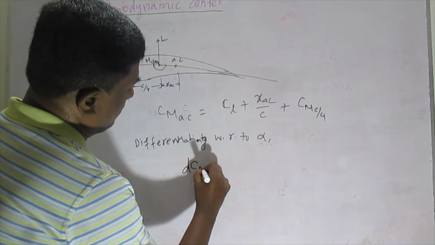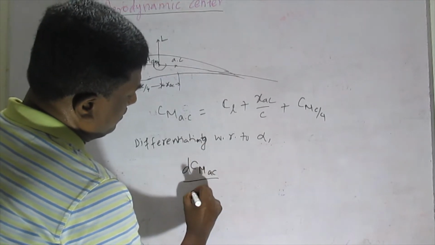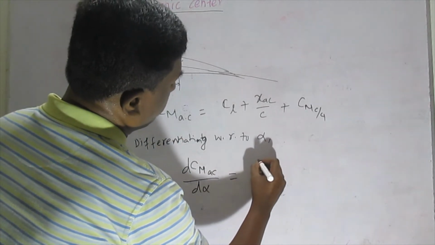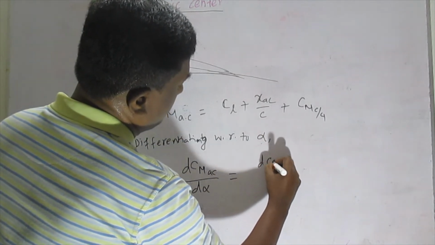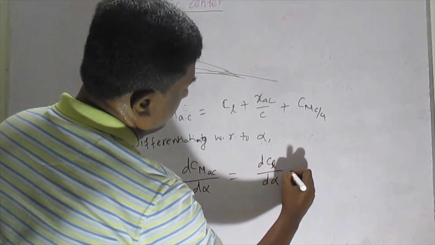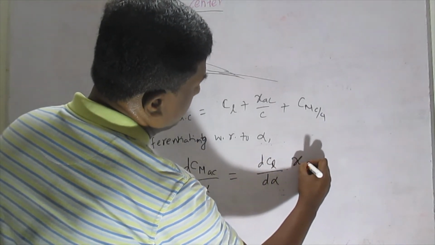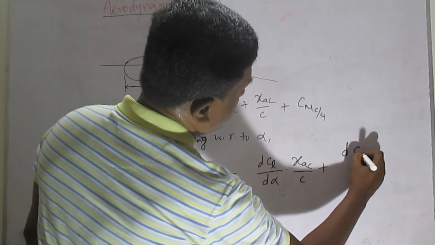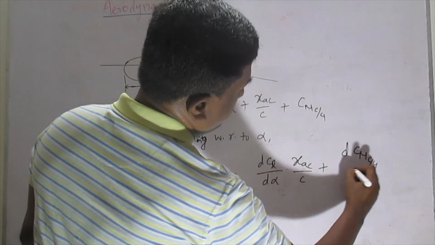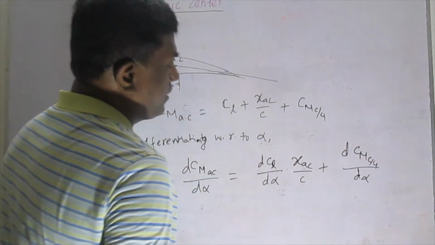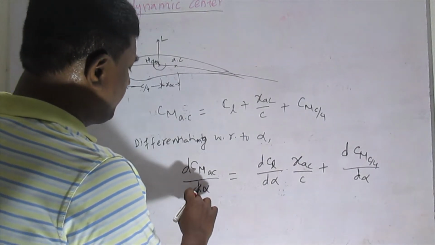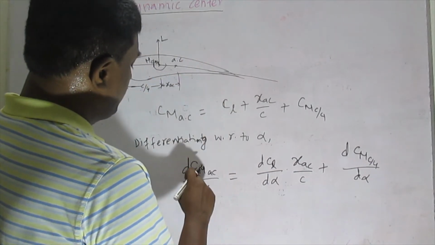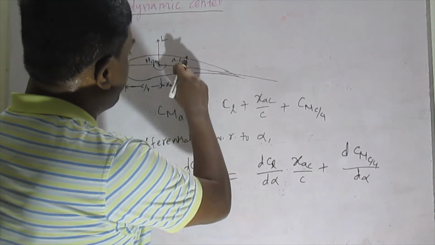Differentiating with respect to alpha, the angle of attack, we get dC_M,AC by d alpha. So this we are differentiating, that is equal to dC_L by d alpha into X_AC by c plus dC_M,c/4 by d alpha. Now we all know that the pitching moment at the aerodynamic center